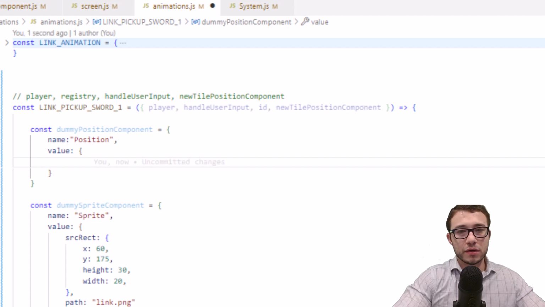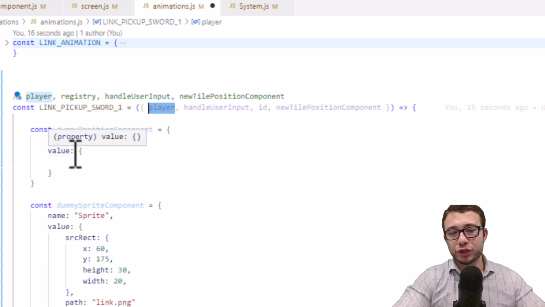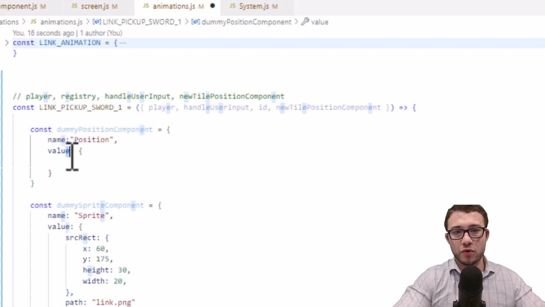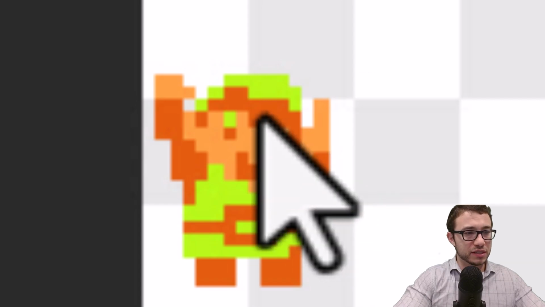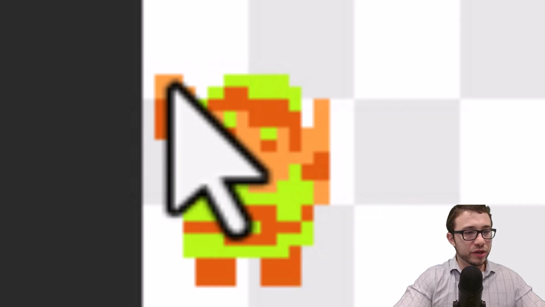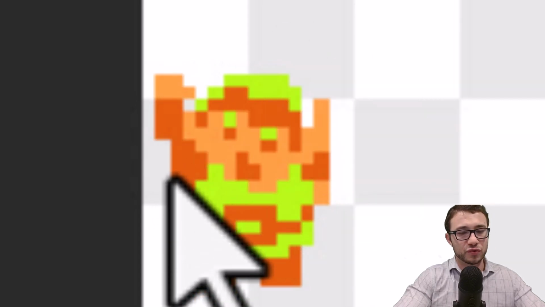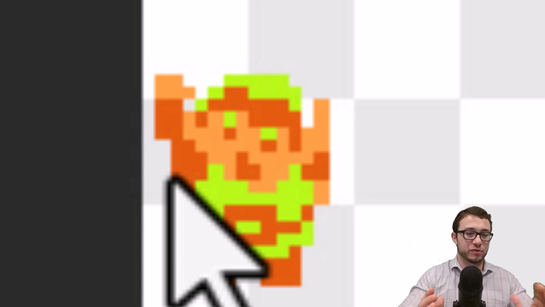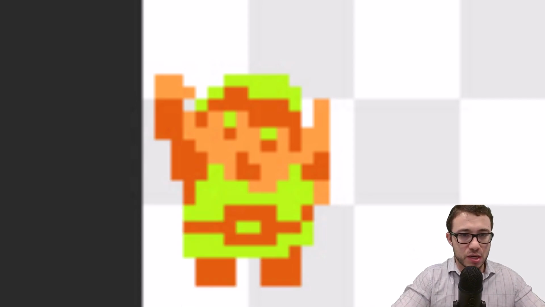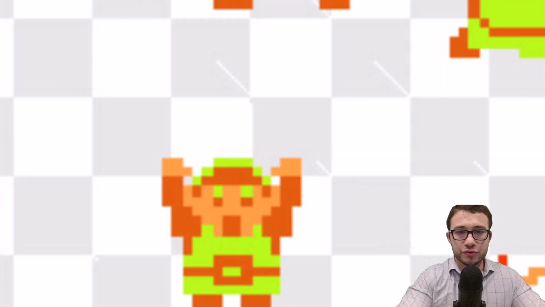And we can pretty much take the player's position and change it just by a little bit, because we're going to have it over Link's head. So we're going to have it over Link's head as he's holding it up right here. And he's also holding it with one arm. That arm is his right. It's to the left for us because we're looking at it from our perspective. But it's his right hand. So we can kind of use the